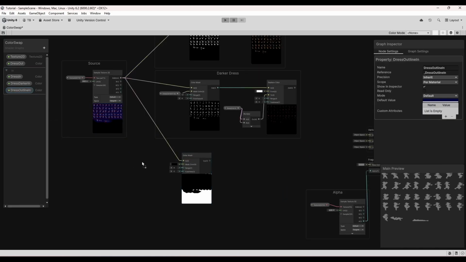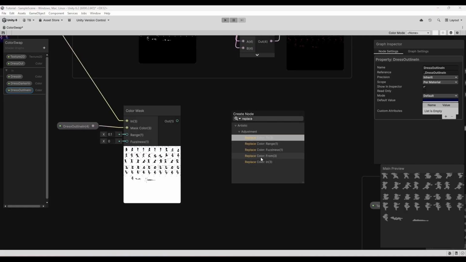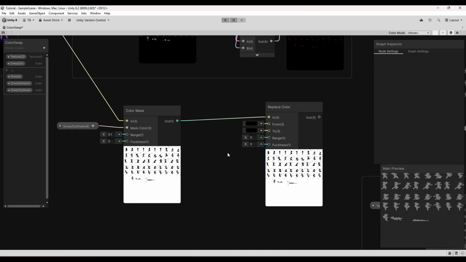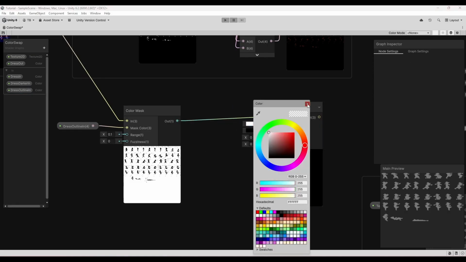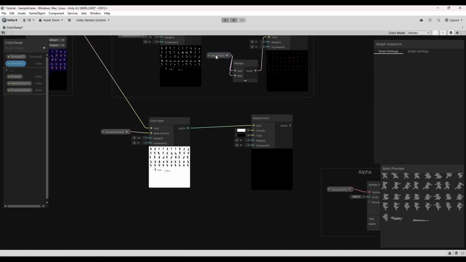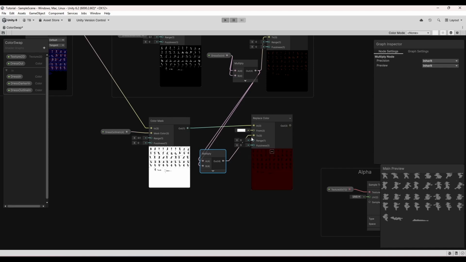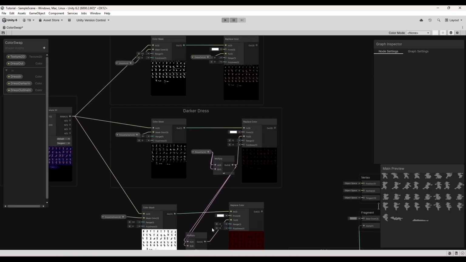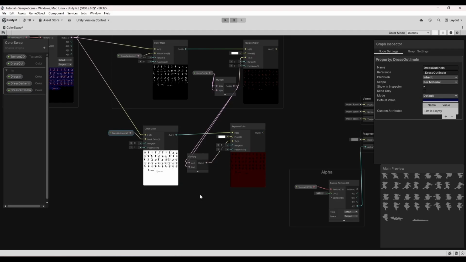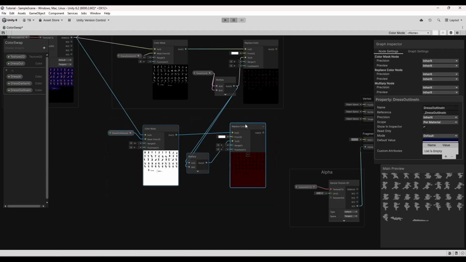Grab our outline color, drag it in, set our range to 0.1, replace color in, change to white. Now we're going to do this multiplication method again, but we're going to multiply our already multiplied value. This is going to give us a very dark shade of that original color. And we can drag that in there, and that's going to be our outline. What we've done here is we have 3 masks and we've replaced the color of each of them,